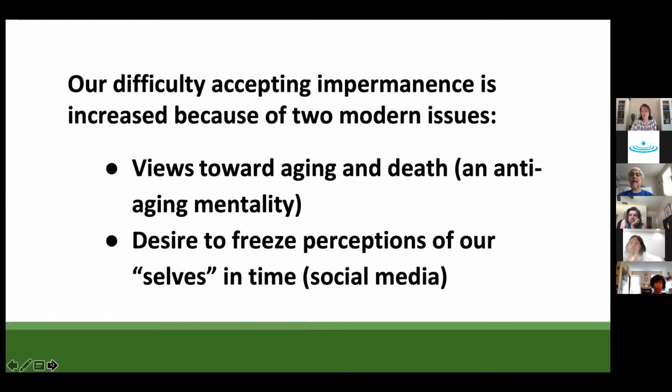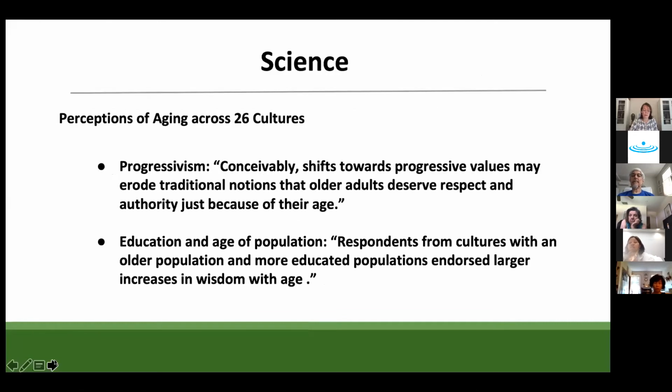As we know, people have struggled to accept impermanence for thousands of years. A while ago, I passed my halfway point in this life, and it was a bit unsettling. There's a tendency for us to think that our time is more challenging than any other. And while I'm sure that's not true, it does seem to me that